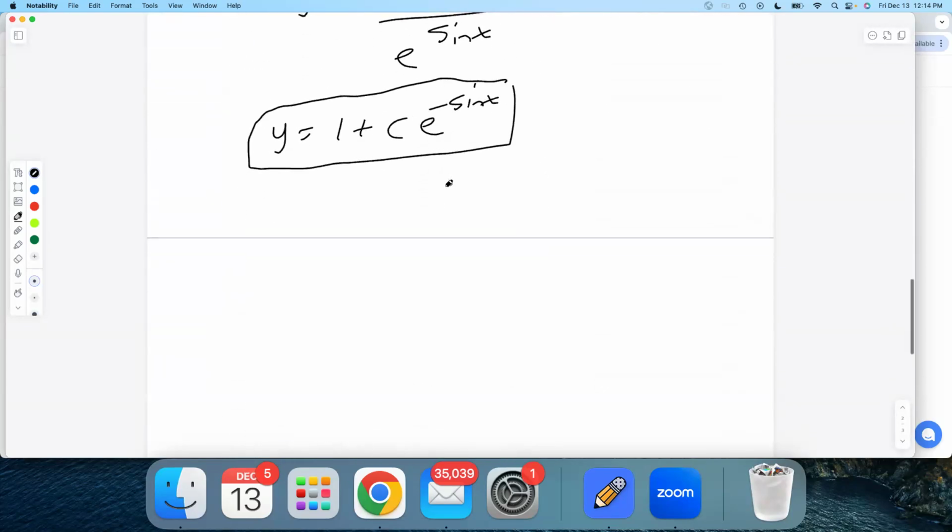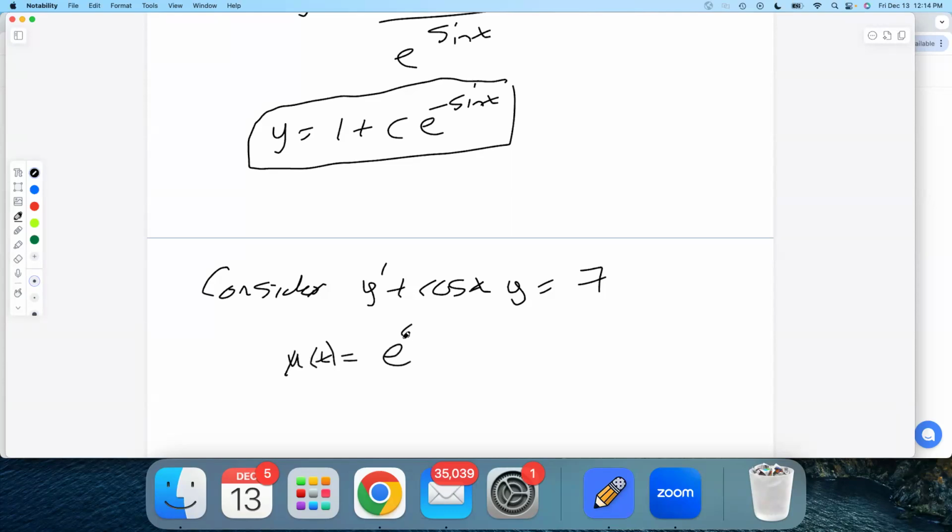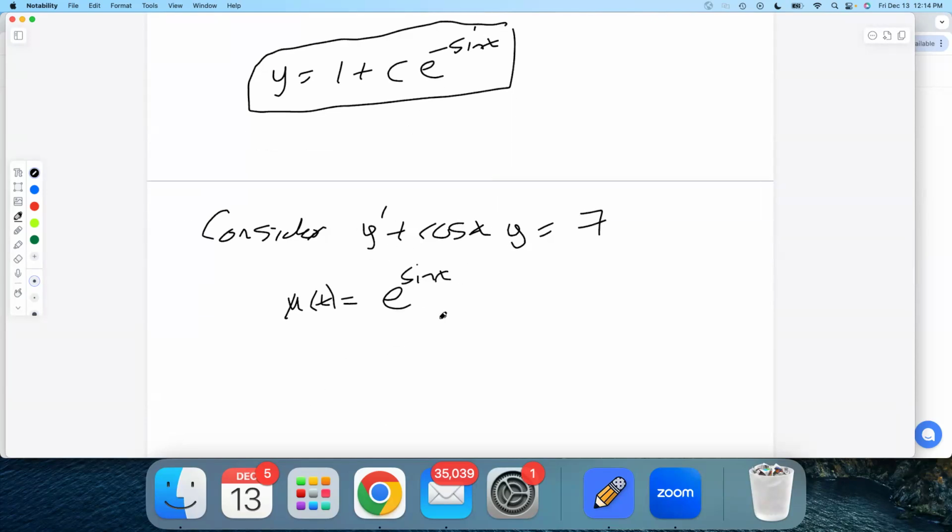Okay, last thing I want to point out here. Now imagine, let's say, consider y prime plus cosine of x times y equals, and we could literally put anything over here. I don't know, 7. Even something as simple as a constant. We'd still get the same thing. Our integrating factor is still e to the sine x. That wouldn't change. We would still get down to this step. We'd multiply everything by the integrating factor. The only thing that would change right here